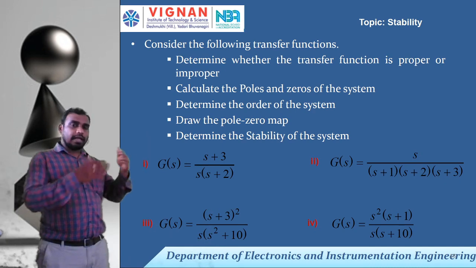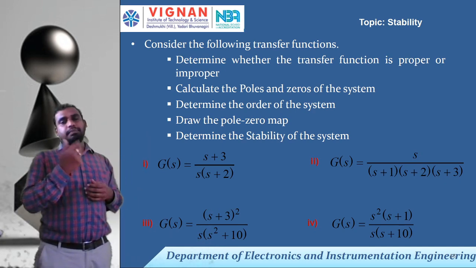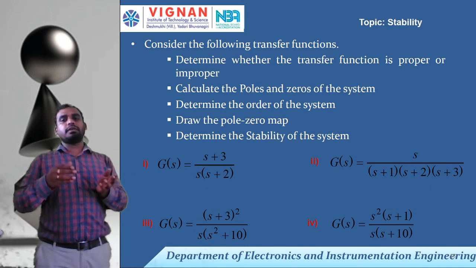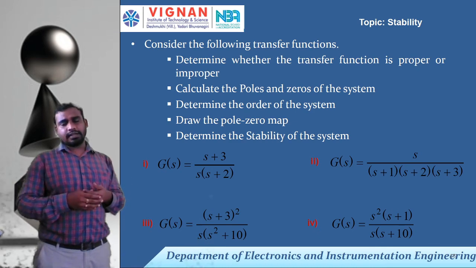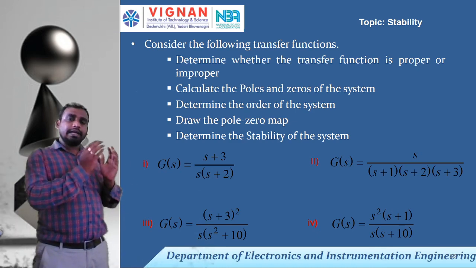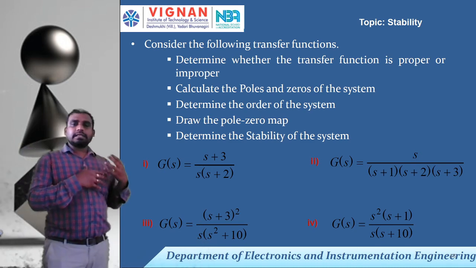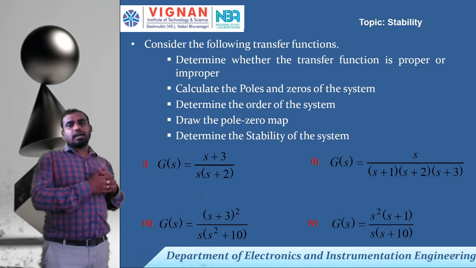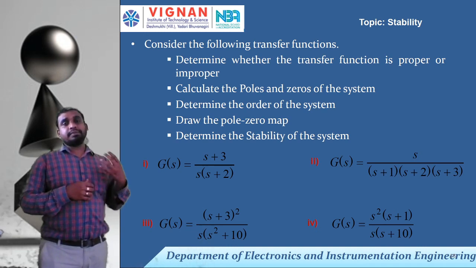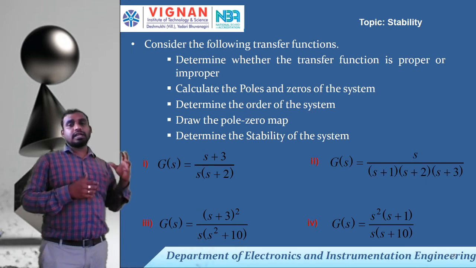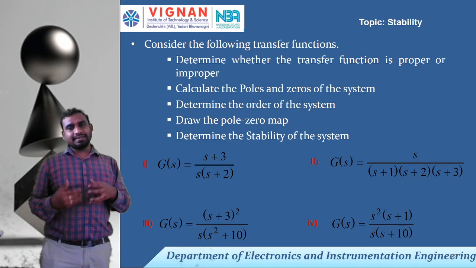Suppose you have a transfer function of k s by something, s power 10 plus s power 9, 10th order, or say more than 10th order. To write that in terms of roots itself is very difficult. So for this aspect, Routh-Hurwitz, a scientist, proposed a method to estimate the stability based on the Routh-Hurwitz criteria. Right? We'll discuss what it is and how to estimate the stability.